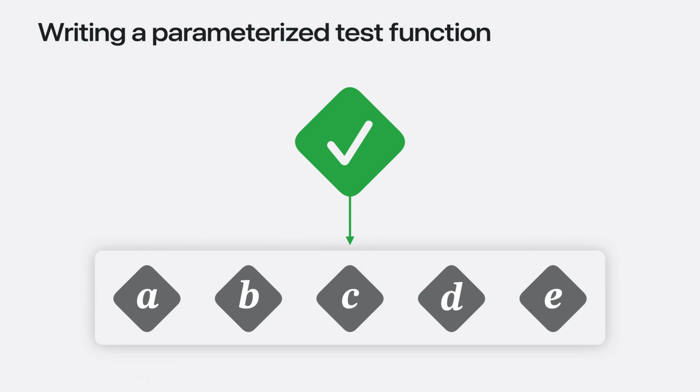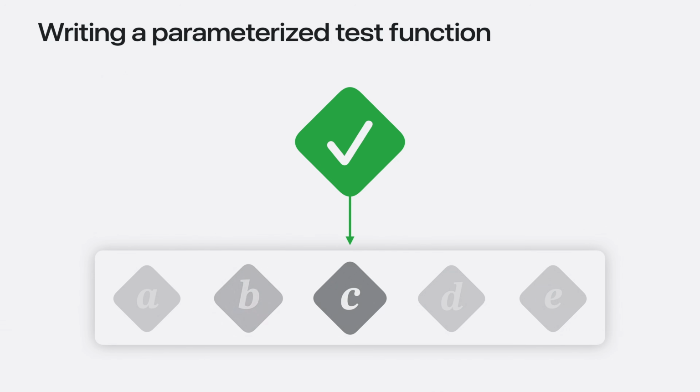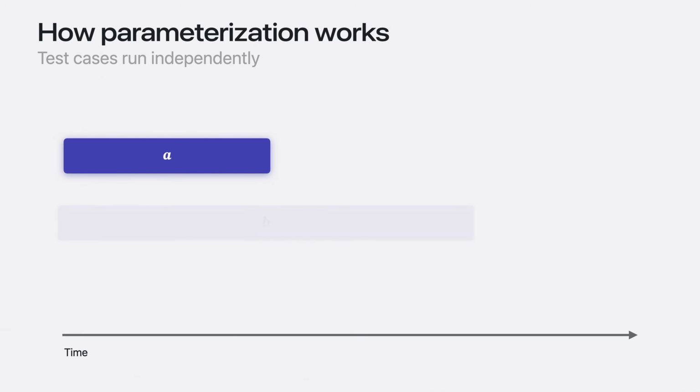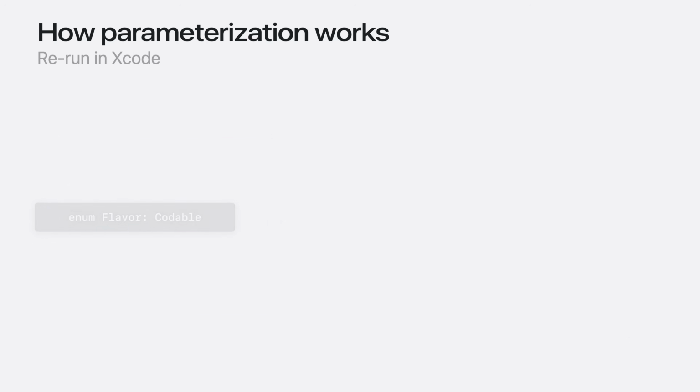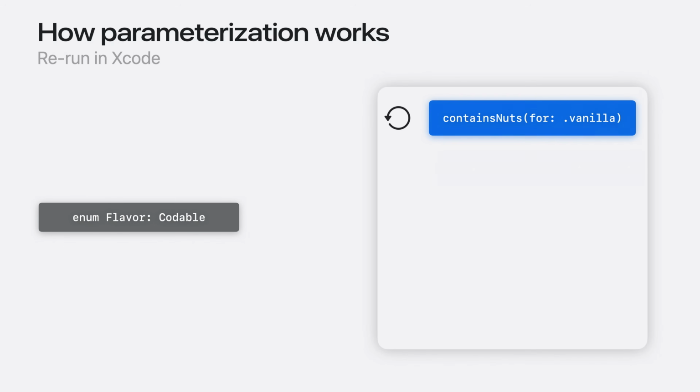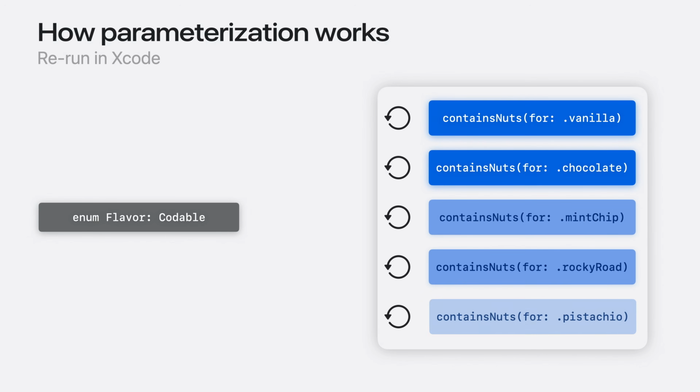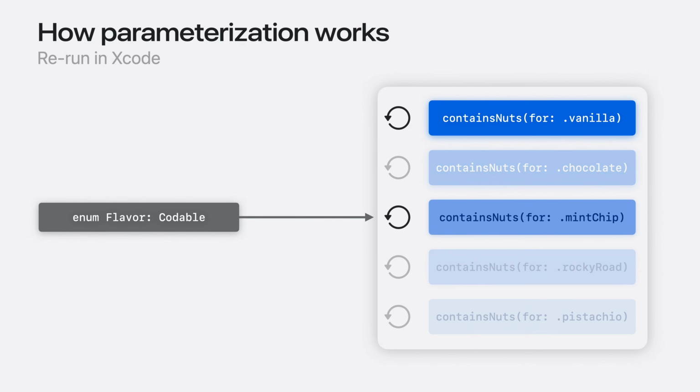And that's what a parameterized test is, a test that takes one or more parameters. When the test function runs, Swift testing automatically splits it up into separate test cases, one per argument. These test cases are entirely independent of each other and are able to run in parallel. This means less time is needed to test them all than would be needed with a for loop or separate test functions. Xcode supports rerunning individual test cases of a test function when the type of input conforms to Codable. This allows you to retry individual failing test cases without needing to rerun other test cases that have run successfully.